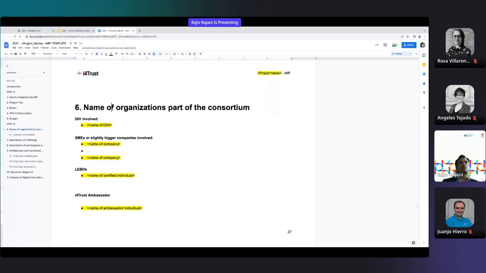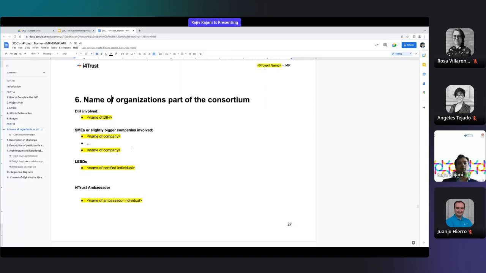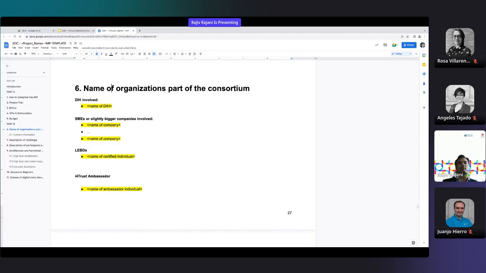This section may seem very familiar to you already, because some of these sections are copied from the template that you used in the proposal, and you can also copy paste that information from your proposal into this document for version 1, and you can update them